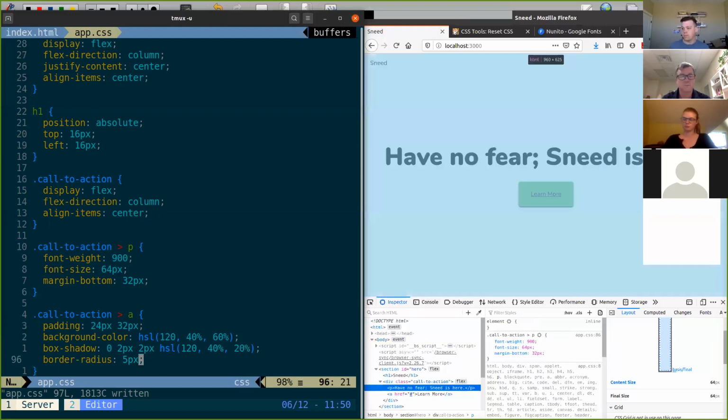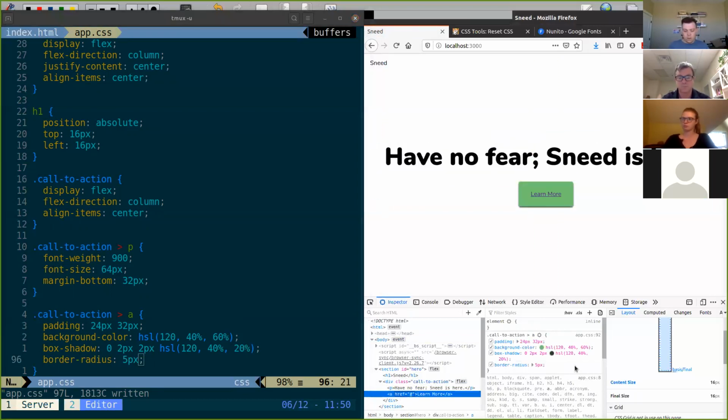And we can also play with that. So how round do we want these? Okay, so that's called a pill. And that actually looks pretty good. It's a little bit old-timey, but I think it's coming back. So yeah, if I put 32 pixels of